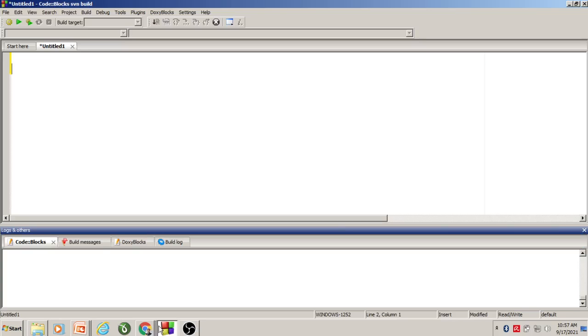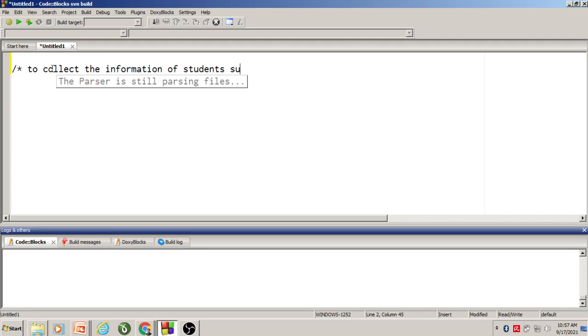So we will create a structure, right? The objective of the program is to collect the information of a student, such as roll number, name, branch, and fee paid.